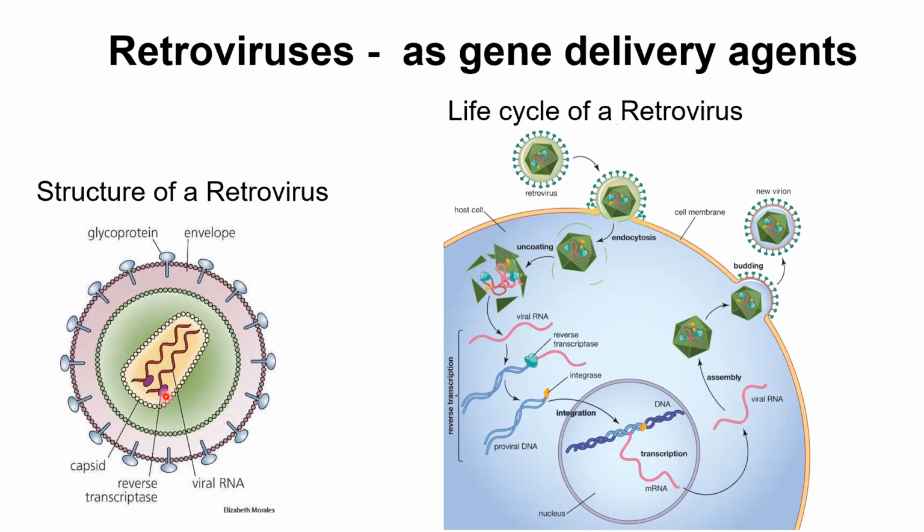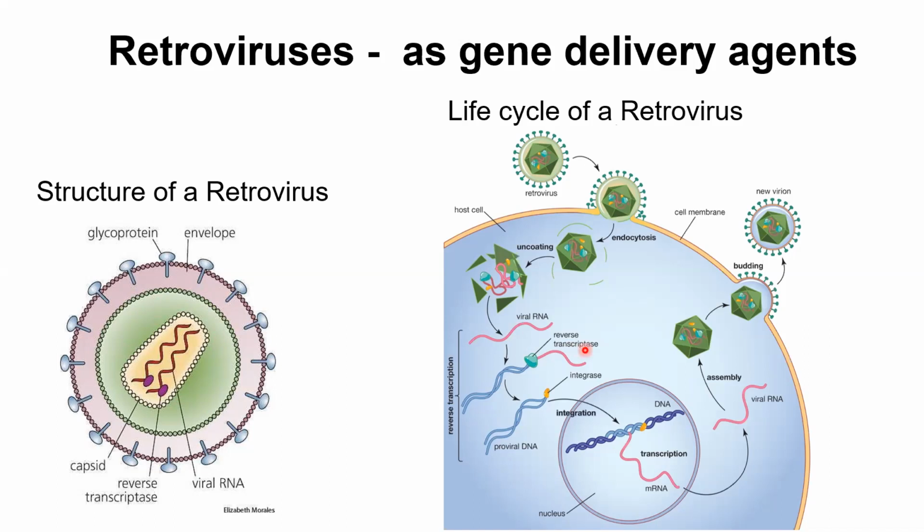And as we know about the life cycle of a retrovirus, it attaches to the cell membrane through these glycoprotein anchors, and then it dissociates, and this part is inserted into the cytoplasm, where it uncoats. After uncoating, the viral RNA is released in the cytoplasm, and through the enzyme reverse transcriptase, this